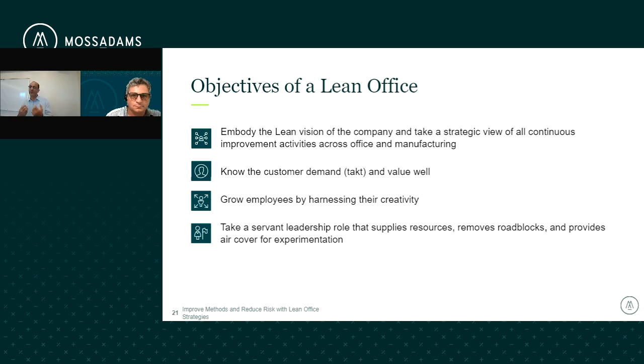You'd be taking someone from the company and possibly growing that person as well. Or you could have a person who can directly take charge of this office. But the training is critical to get to this, the mentoring, making sure the people of the lean office have a lean eye to see the waste and figure out ways to eliminate the waste. And so the objectives of a lean office typically are